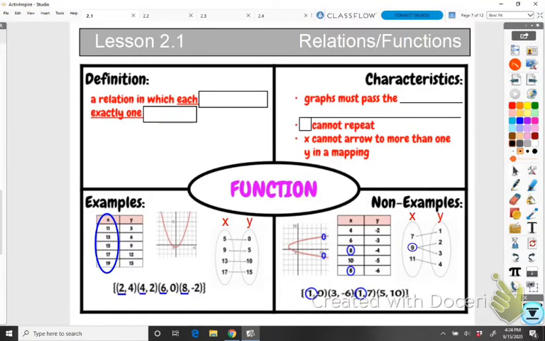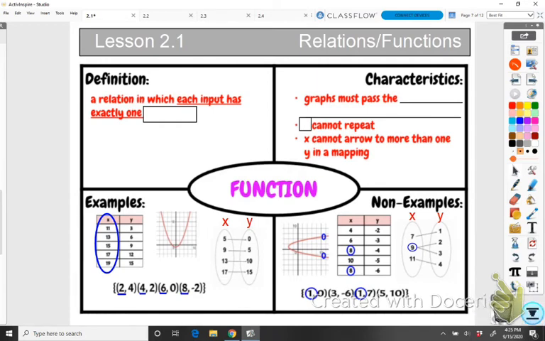This is lesson 2.1 on relations and functions. So we have a nice little 4-square organizer that's going to tell you the definition, characteristics, examples, and non-examples of functions. So the definition, a relation in which each, please write this in, each input